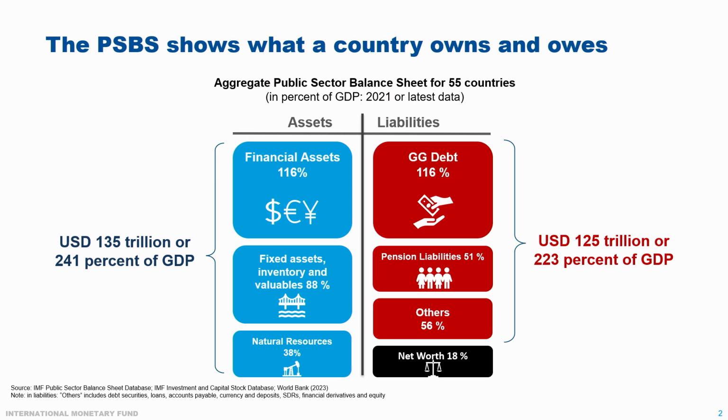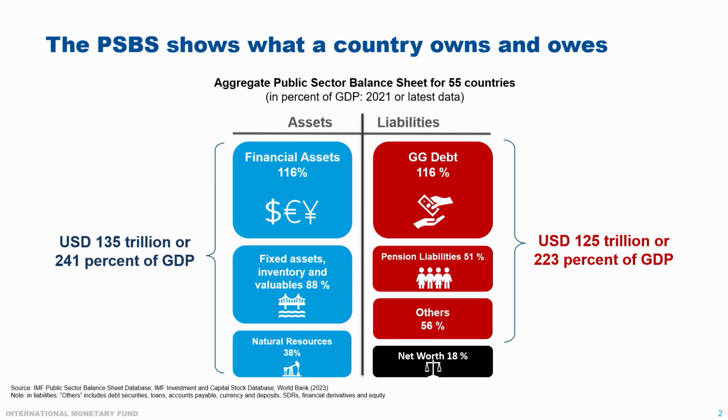Let's start with the liabilities. The main focus of fiscal policy is debt and deficits, and that's general government debt that we tend to look at. This is a lot larger than it used to be, but it only makes up half of the public sector liabilities out there. So if that's all you're paying attention to, you're missing a big part of the game. Civil service pensions, state enterprise debts, and things like payables, unpaid bills, which make up a larger share of IMF program issues than you'd imagine, are some of those remaining. All of those are debt-like. They entail a stream of payments into the future in the same way that debt does.